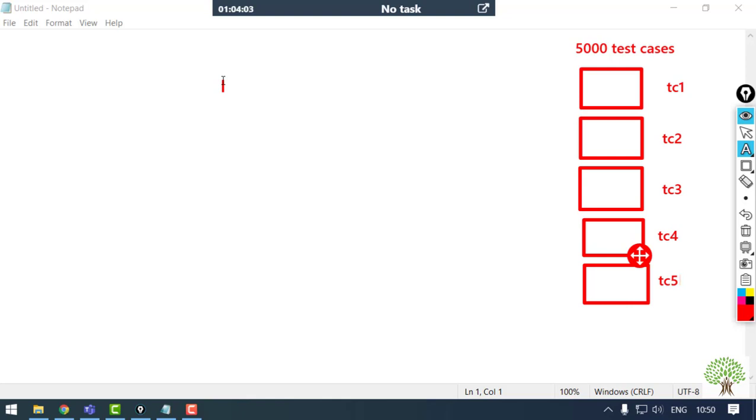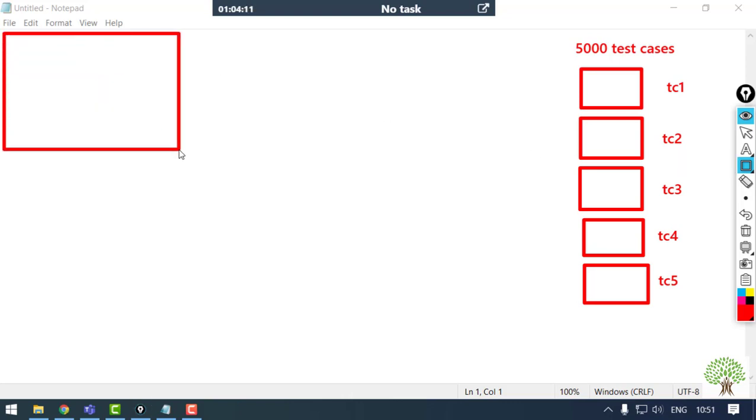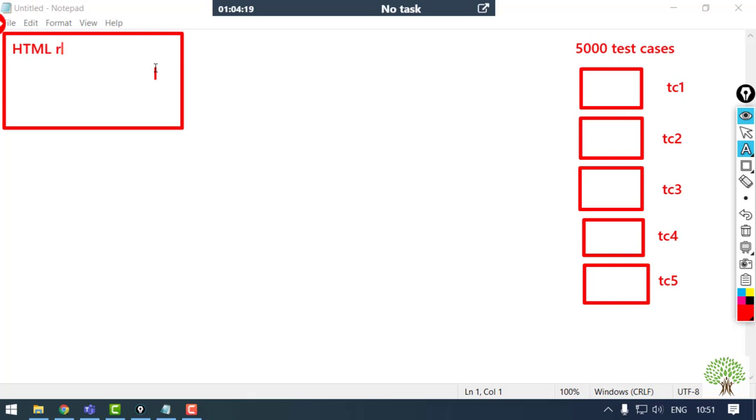That's not what you can do. So you need to have a report generated, and that report should be clear enough that if someone takes a look at it, that person should be able to understand in one go what's actually going on in the test case at a specific point.